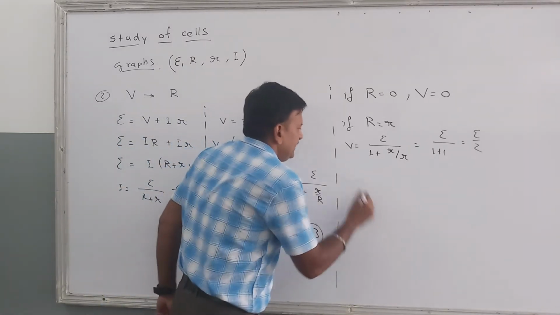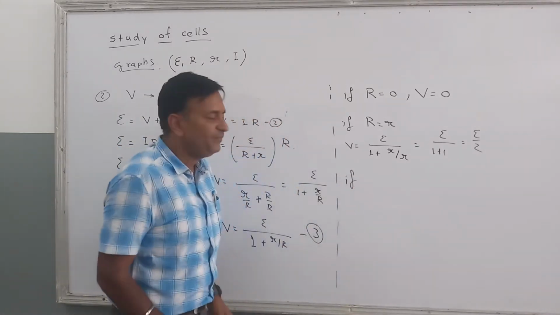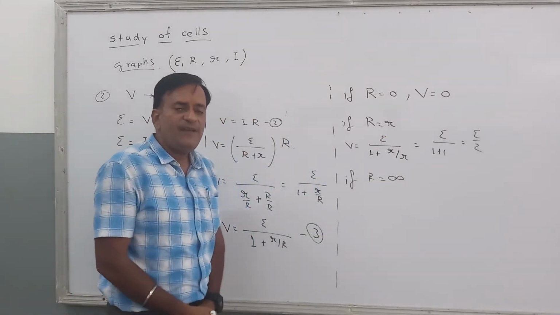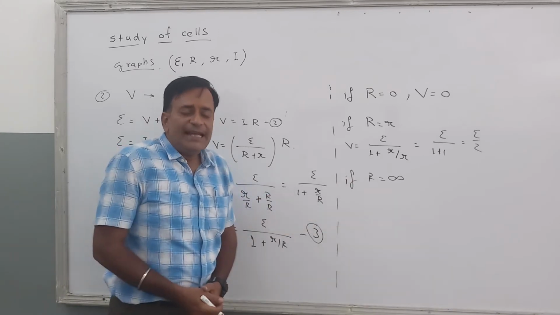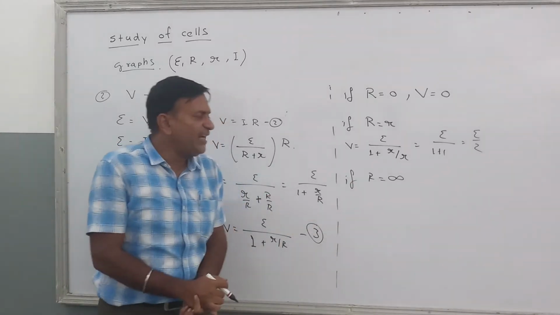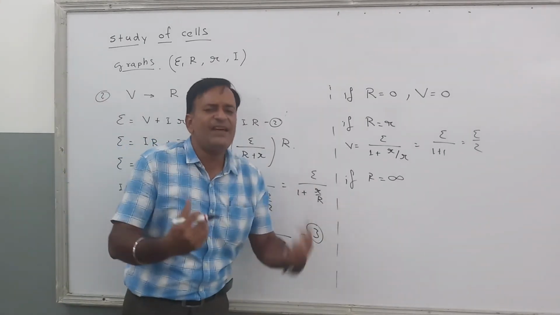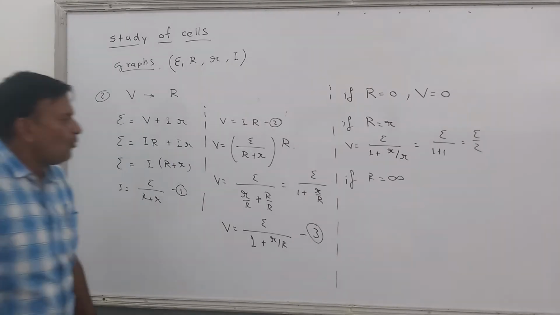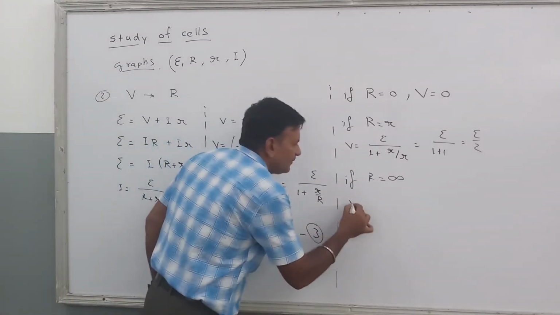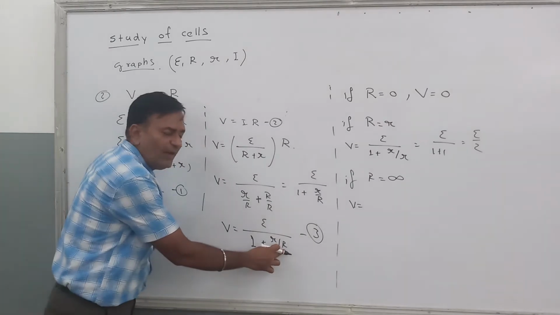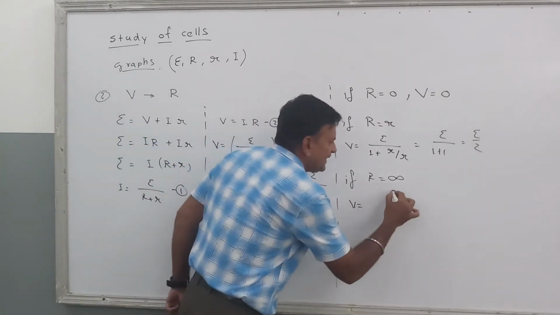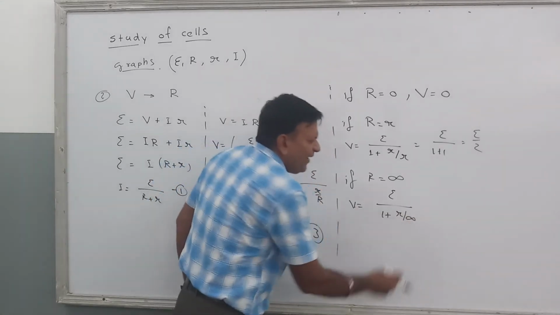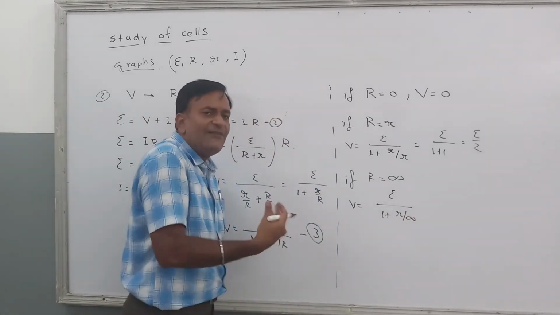And the last possibility, if R is equal to infinity. Infinity does not actually mean total infinity, it means that the value of R is very, very large. So if R is equal to infinity, what happens to the value of V? Put infinity over here. What you get is epsilon divided by (1 plus r divided by infinity). What is r divided by infinity? Anything divided by infinity is